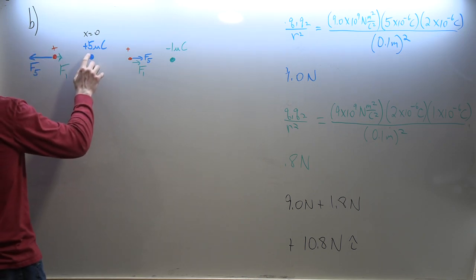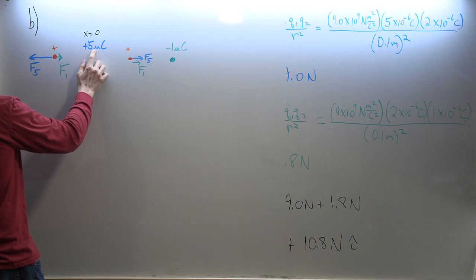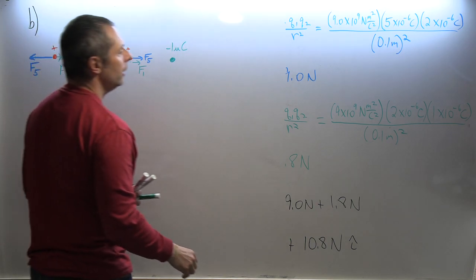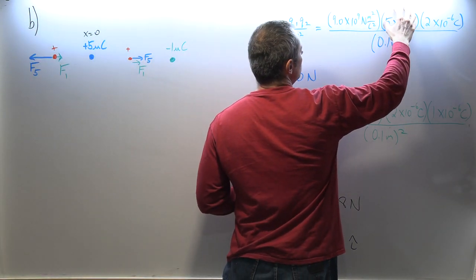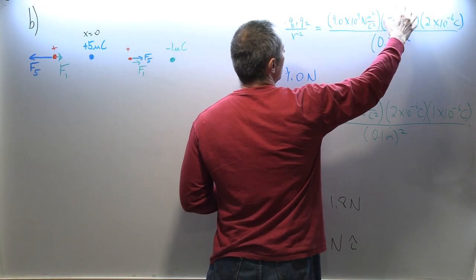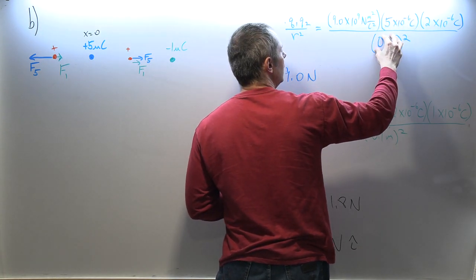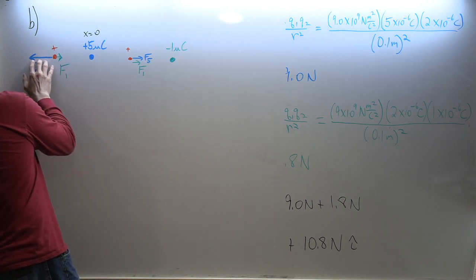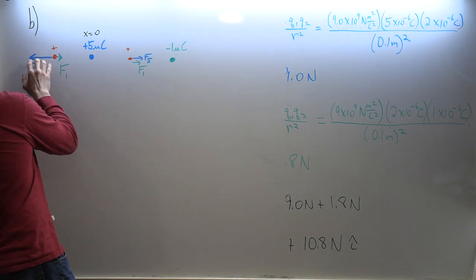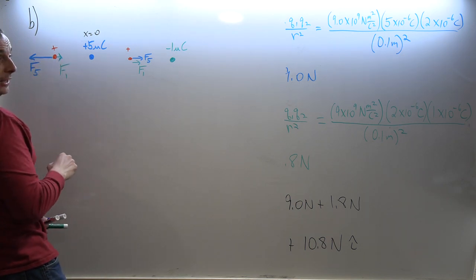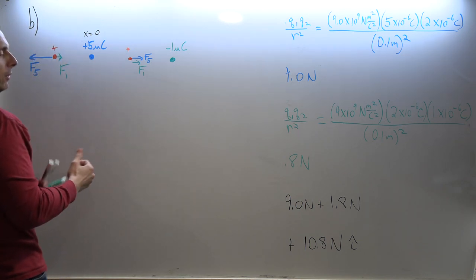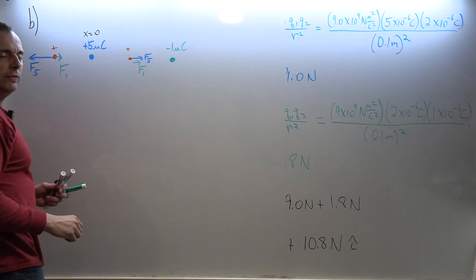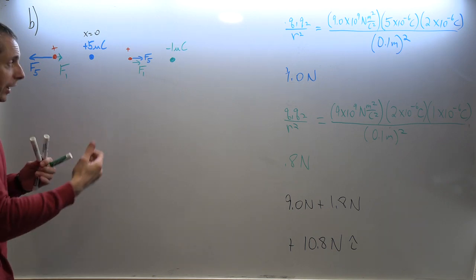Why? This 5 is a bigger charge and it's closer. So in Coulomb's Law, we would have both a bigger numerator because of the Q being larger and a smaller denominator than this radius right here. So this arrow will always be longer. It might be like 20 and this will be like 2 or something like that. So even though they're opposite directions, good sign, the magnitudes will never be equal. They have to be equal and opposite.